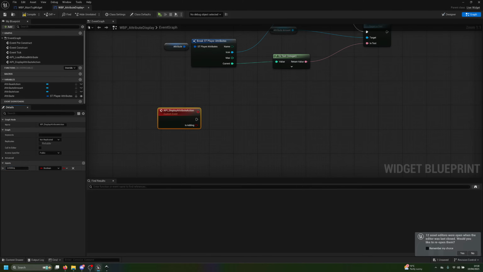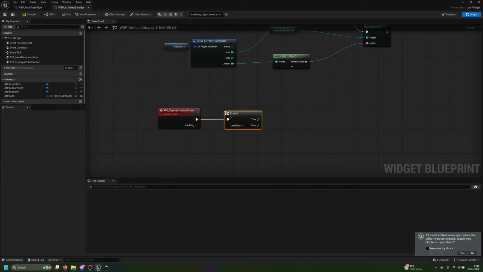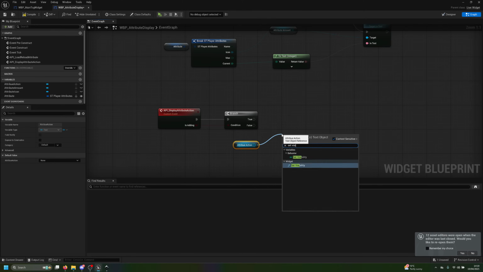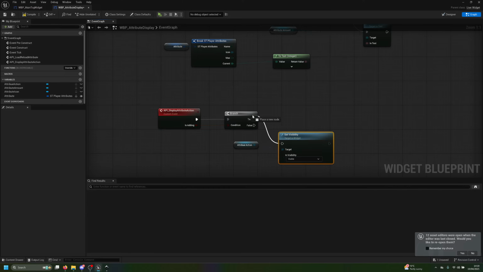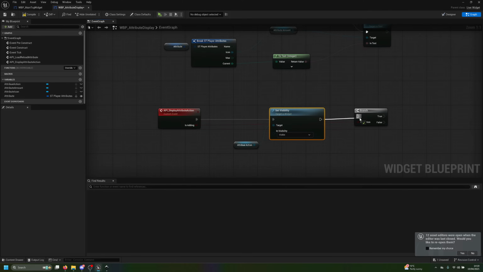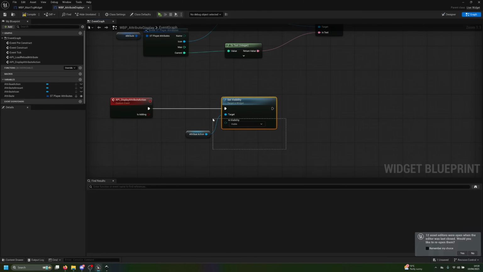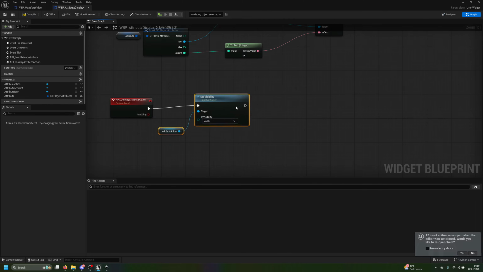So we're going to create a branch here, and we're going to do something very simple. First off is the attribute action. We're going to set the visibility to visible, first of all. Before even this, we set this guy's visibility to visible, right? Then the next thing that we're going to do here, actually I don't need this, is that we are going to